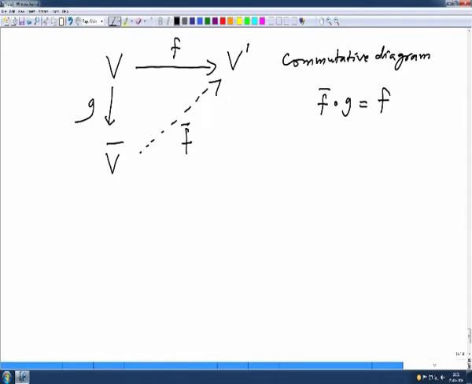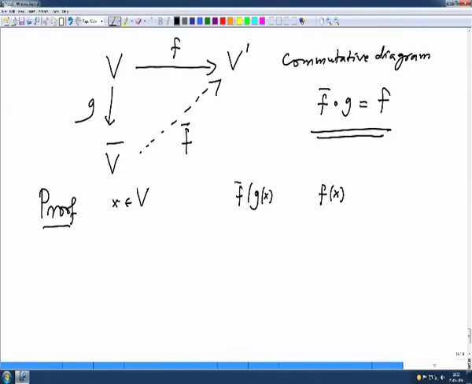Okay. After we prove the existence of F bar, we will see. Actually, this condition will prompt you what to define F bar. So, I want to define F bar, and this should satisfy this. So, that means for every x, so proof, for every x in V, I have given this f x. This is an element in V prime, and also I have given Gx, that is an element here. And I want to define this F bar of this, whatever it is, that should be this, because that is the demand.